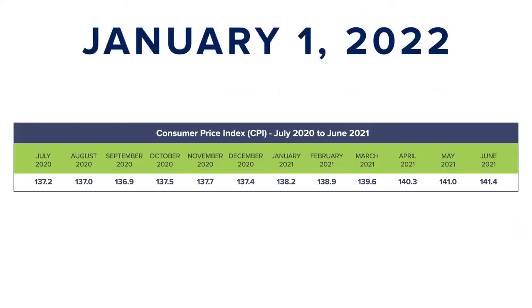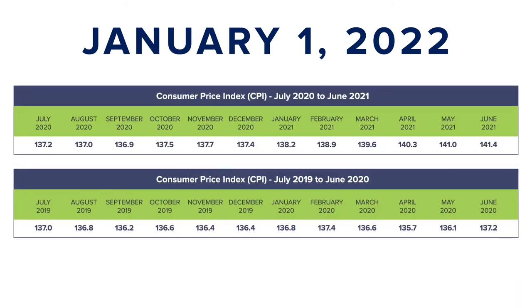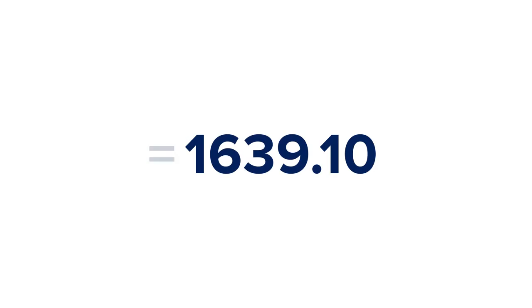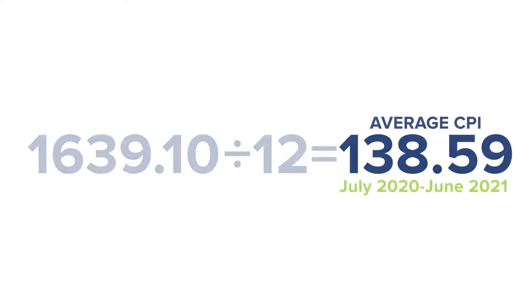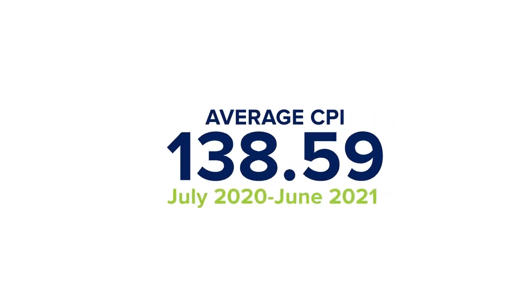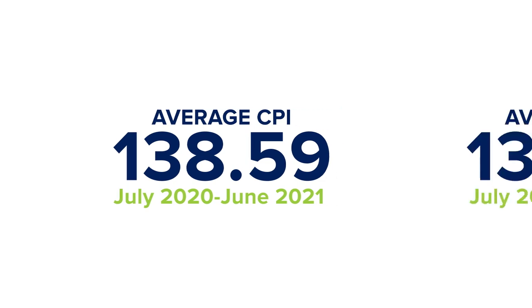For the COLA awarded on January 1st, 2022, for example, your plan's actuary compared the average consumer price index for the period of July 2020 to June 2021 with the average consumer price index for the period of July 2019 to June 2020. The CPI from each month was added together and then divided by 12 for the 12 months of the year to obtain the average monthly CPI. For the period of July 2020 to June 2021, it was 138.59. Then the same calculation was done for the previous year. For the period of July 2019 to June 2020, it was